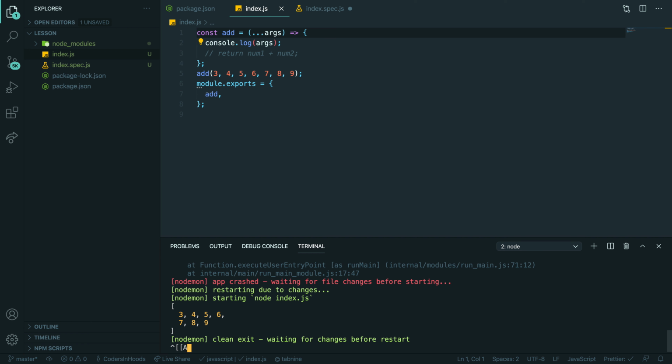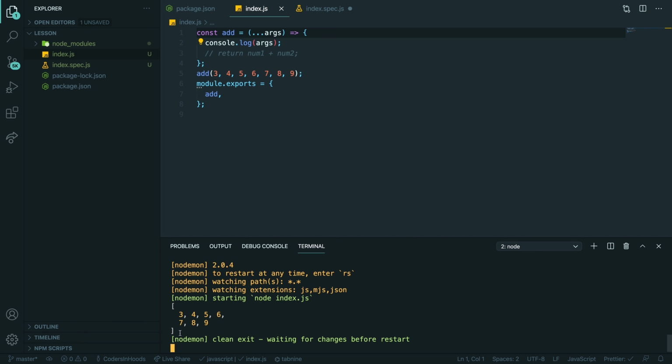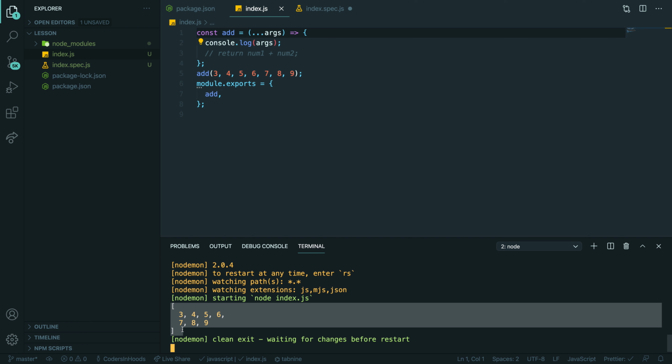Let's try again. Yeah, as you can see, we're getting an array. This is a trick from JavaScript: it takes all the arguments that you're passing and converts them to an array.